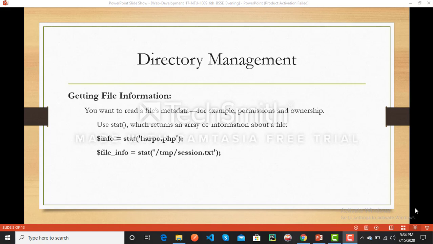For example, stat arpo.php returns an array with information about arpo.php. It returns an array with both numeric and string indexes with information about a file. This is the function of stat.